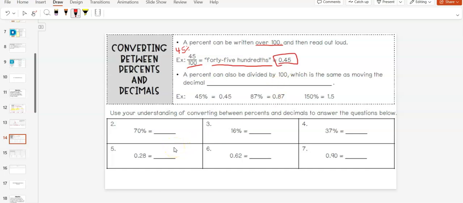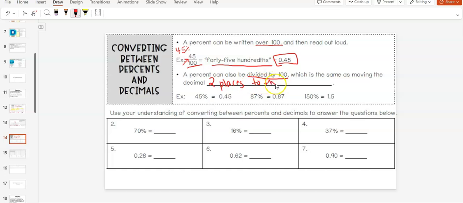Now, if you're struggling with that, you can also go ahead and just move those decimal points. Basically, a percent can be divided by 100. That's basically what this means, because remember, this is a division bar. So we're going to do 45 divided by 100, which is the same as moving the decimal 2 places